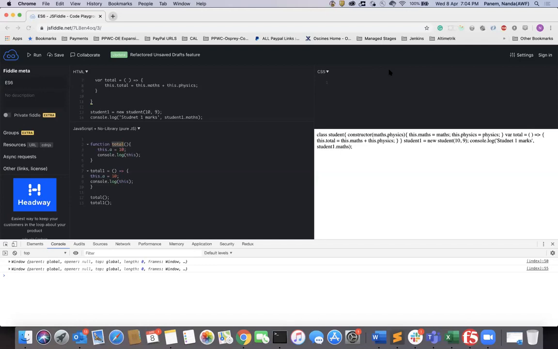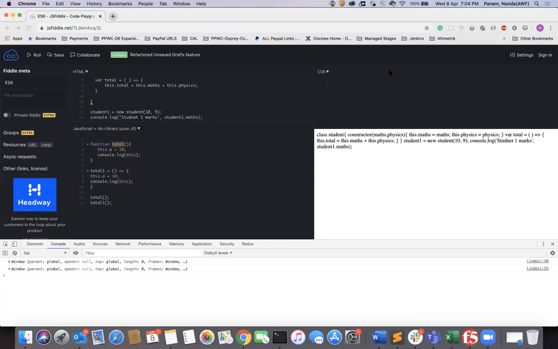Then what is this Node.js? Before going to that, I want to tell you about the browsers. You have to know what a JavaScript engine is. A JavaScript engine is a set of rules and regulations, and based on these rules and regulations, each and every browser created its own engine to execute JavaScript.